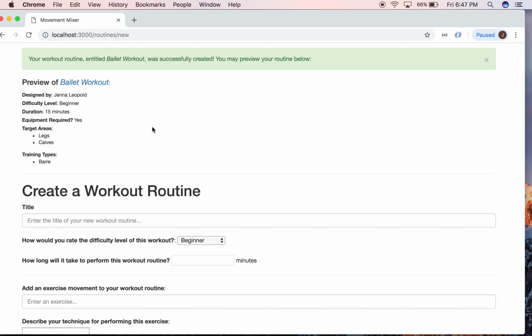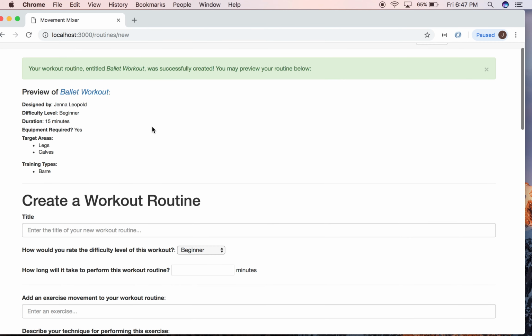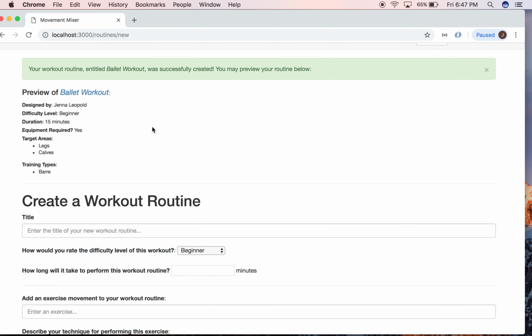So in the create action, if a valid routine is created and saved to the database, it will render a JSON object representation of the newly created routine. And it's worth noting that I'll get a successful status code of 201, indicating that a routine resource was successfully created. And back in my routines.js JavaScript file, routine.createListener, which hijacked the form submission, now delegates to routine.create, which basically